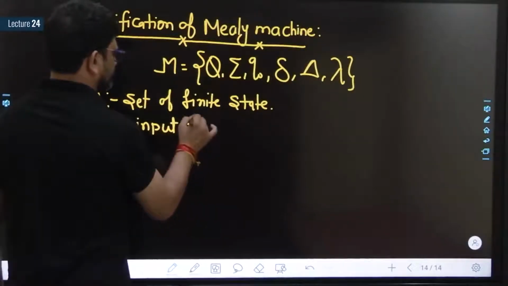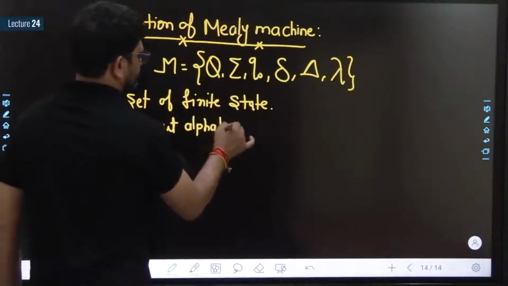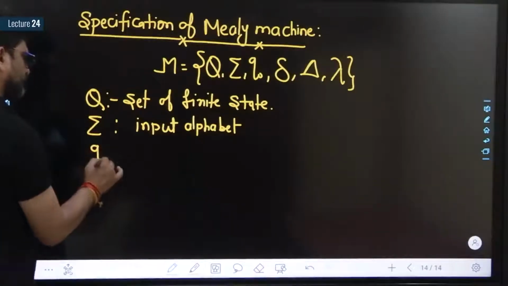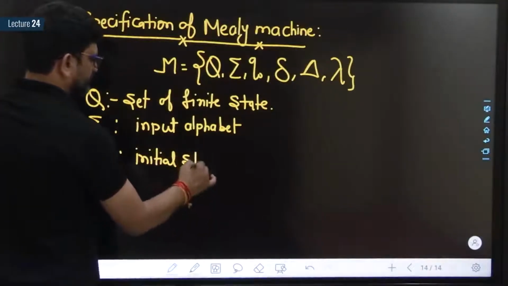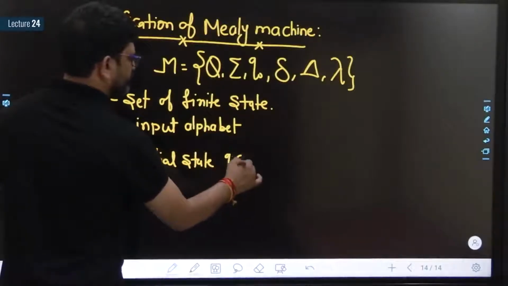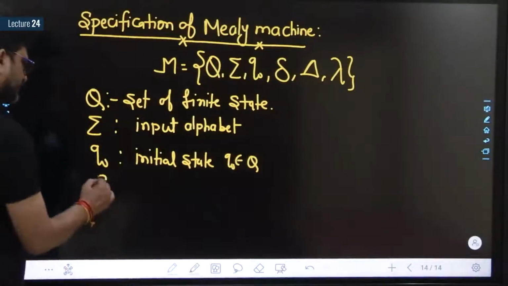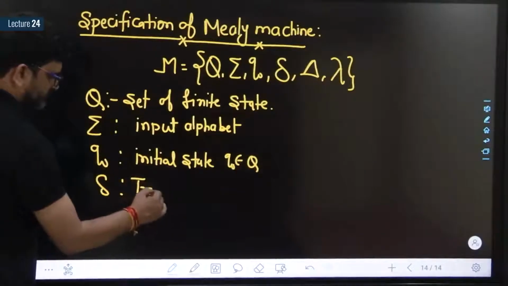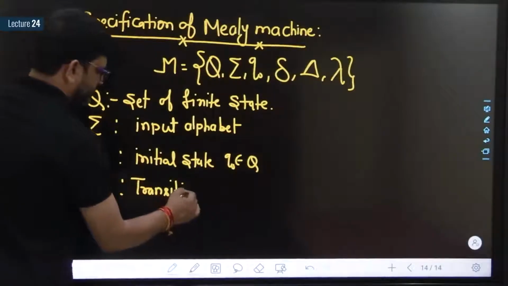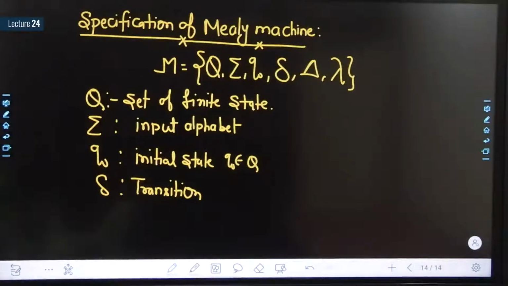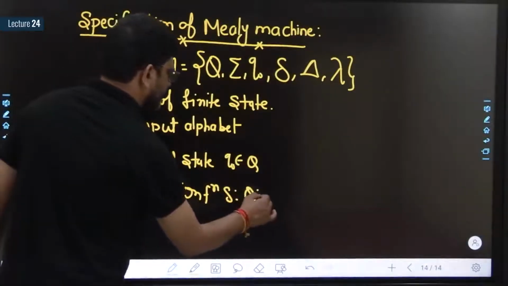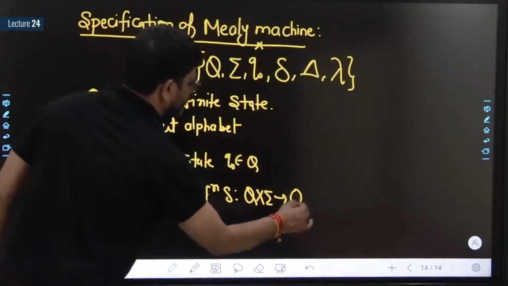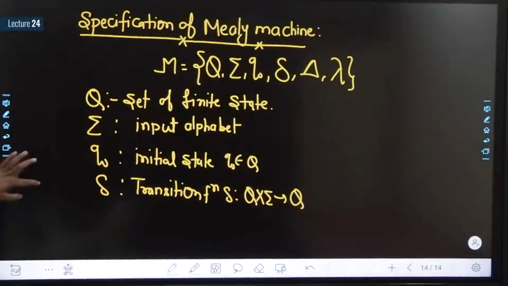Q naught is the initial state. Q naught belongs to Q. Delta is the transition function. What is delta? Q cross sigma determines Q. Clear? Next is